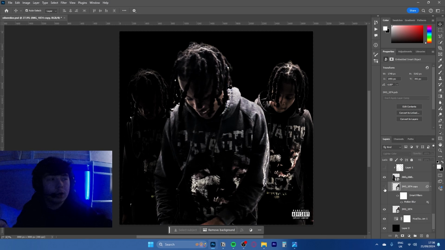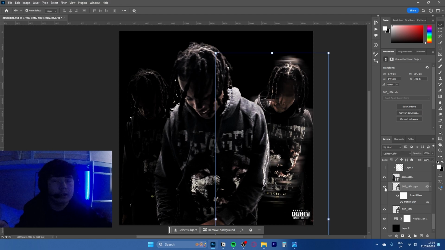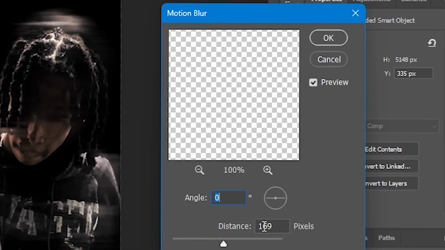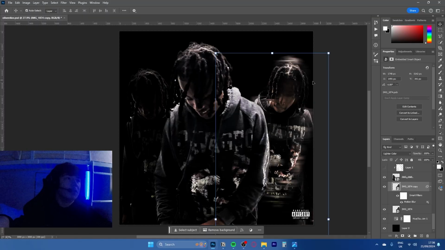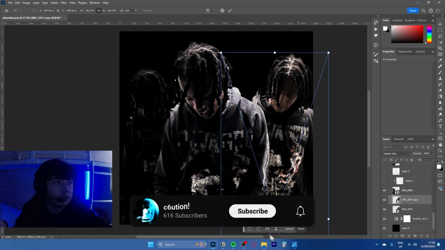What I did do though is I created a motion blur. I actually went over this in a previous video, my x-ray video. If you guys do want to check that out, in my x-ray video I go over this as well. But this gives it this glitch, distort effect. And if you guys are wondering what settings this is: 0 angle, 169 pixels. What you want to do as well is scale it up like this,